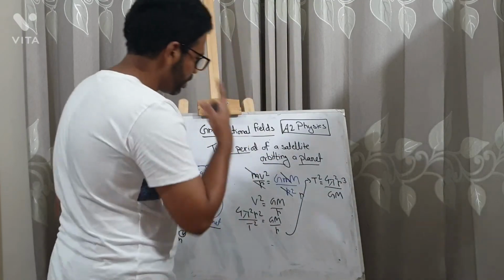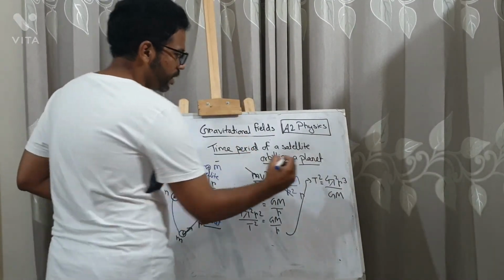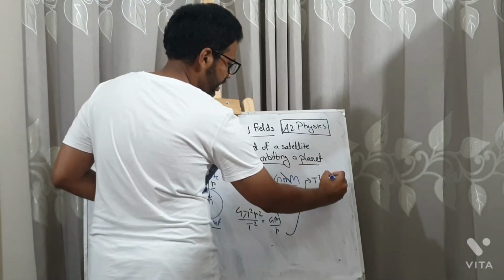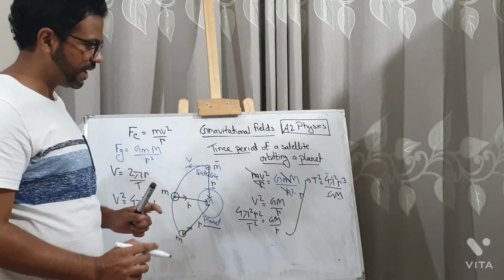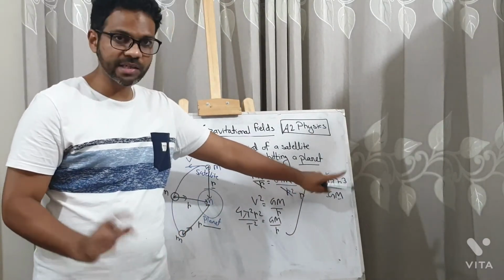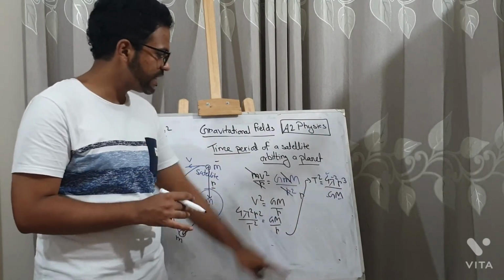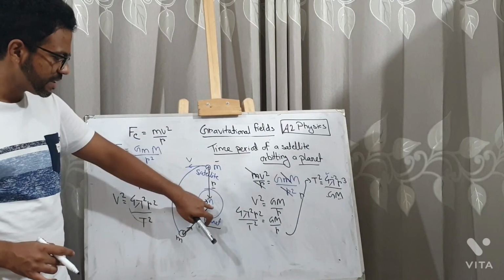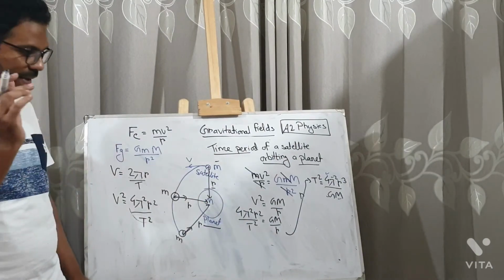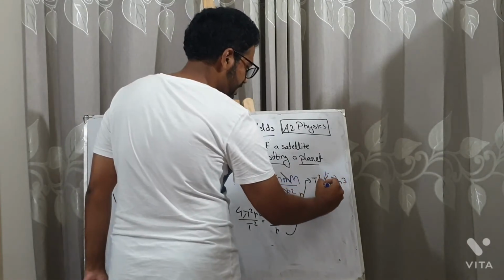Now look here, if you carefully look at this equation, this 4, then pi, then G, and then M, these are all constants. 4 is a numerical value, pi is a numerical value, there is no change in them. G is a gravitational constant, the value is fixed, and M is the mass of the planet. The satellite is orbiting the planet, so the mass of the planet is not going to change. So we can say this entire part